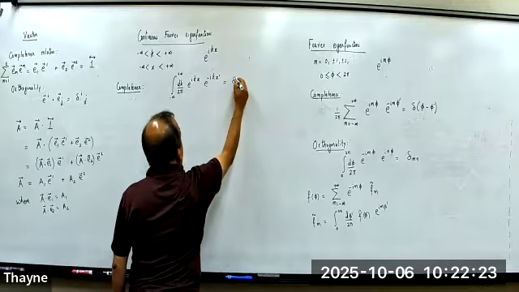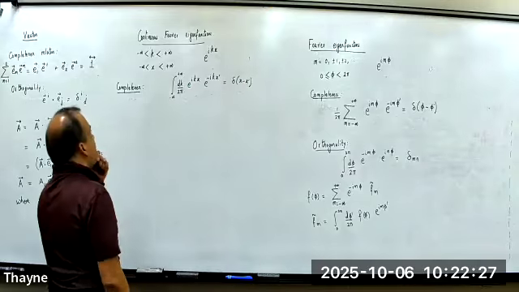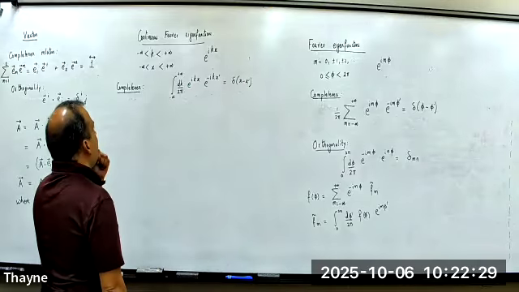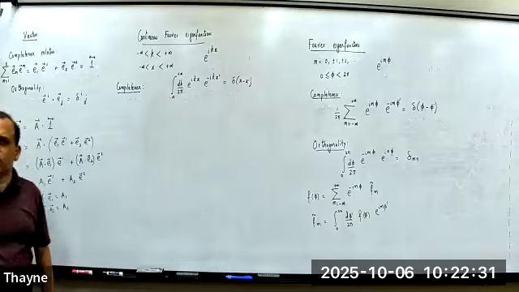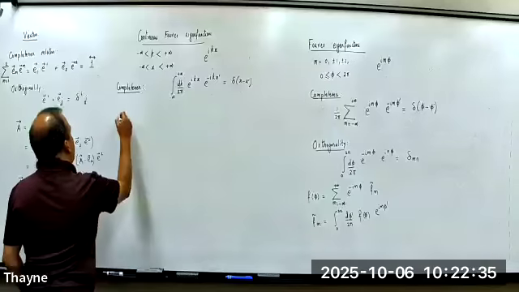That's delta of x minus x prime. Okay. That will be my completeness relation, and orthogonality will be